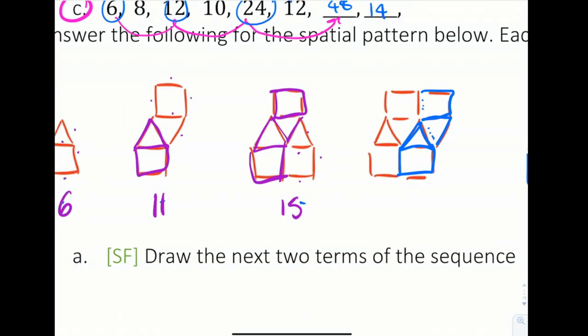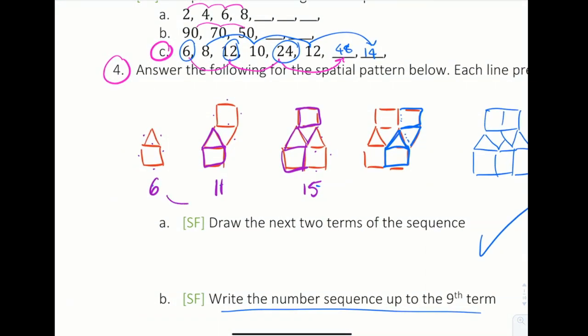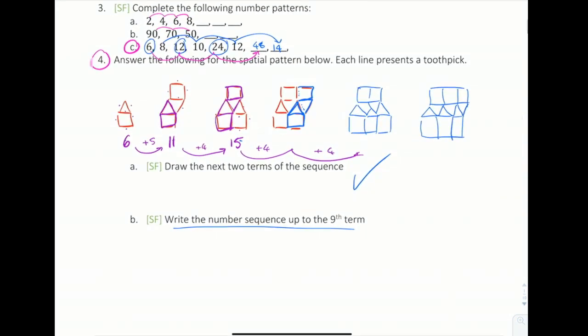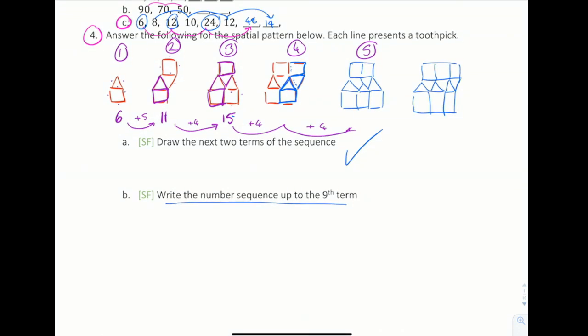Okay, and I think we're starting to see a pattern here, where from here to here, I have added, I think, 5 toothpicks. From here to here, now that I've established my pattern, I'm actually adding plus 4 toothpicks. And you'll find that if you actually count the rest out, we are adding 4, adding 4, adding 4, and so on. So if this is the first one, this is the second term, this is the third term, this is the fourth term, this is the fifth term, and so on,